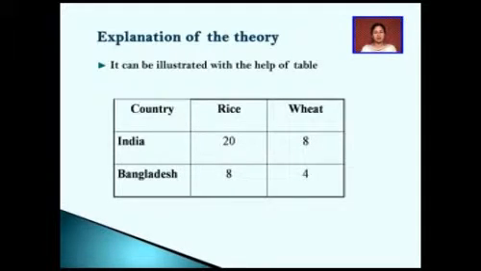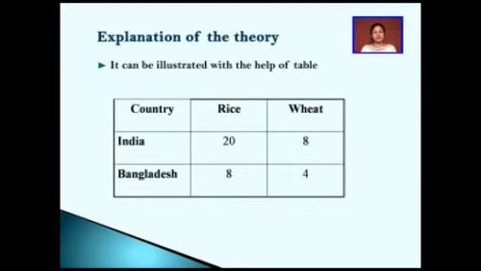India and Bangladesh. According to this schedule, India is a country which can produce 20 units of rice with 1 unit of labor and 8 units of wheat with 1 unit of labor, whereas Bangladesh is a country which can produce 8 units of rice by the use of 1 unit of labor and 4 units of wheat with 1 unit of labor. So we can easily make out from the table that India can produce both the goods at a cheaper cost